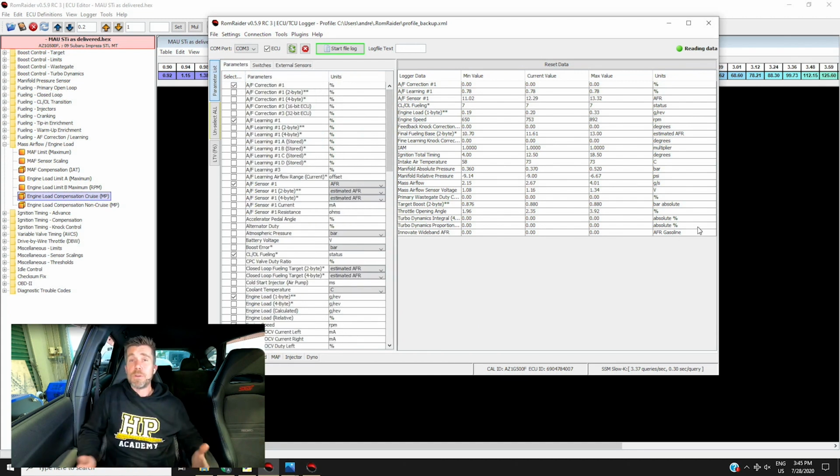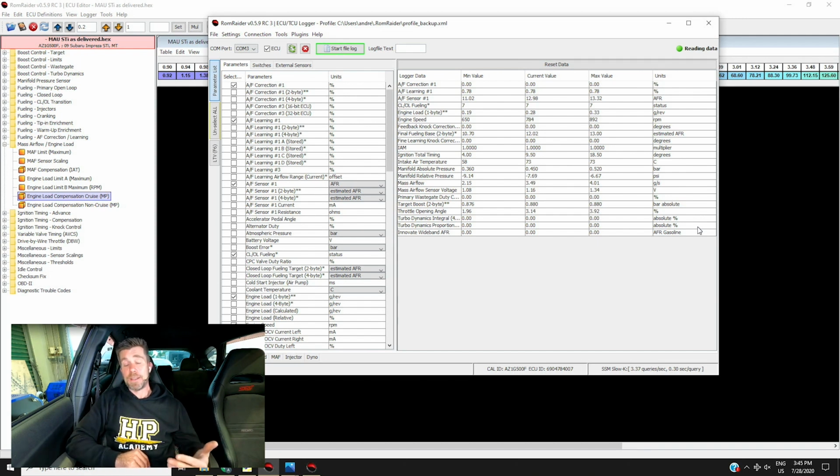Once that's set up, we just connect the wideband air fuel ratio sensor straight up to our laptop using a serial to USB adapter. It is really straightforward. A nice aspect of doing this is that it ensures the integrity of your data. For those who have followed us for a while, you'll know I tend to beat on a fair bit about the potential inaccuracies that can come in if you are using an analog voltage output from your wideband, because they are so susceptible to ground offsets, which can make your data essentially completely meaningless.